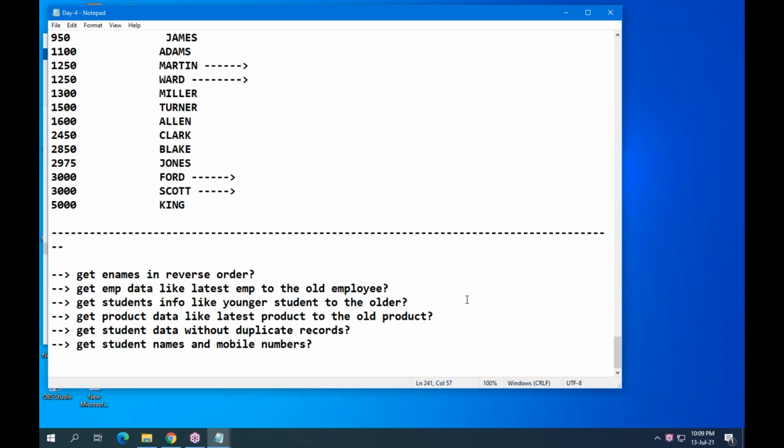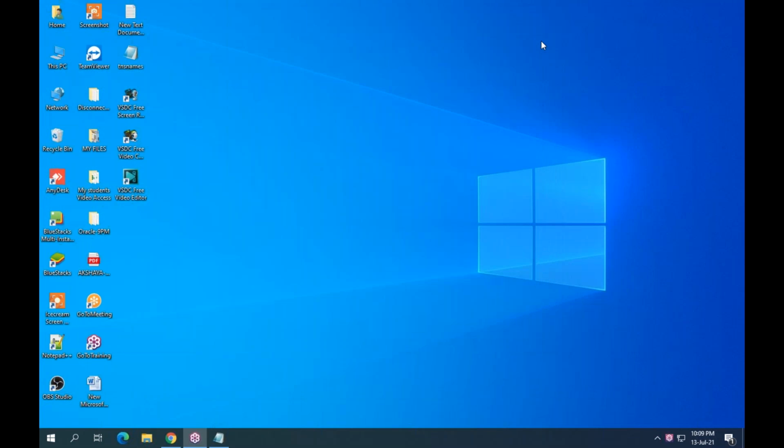Up to what level are you giving that practical knowledge, sir? What level means? What is the meaning of level in your way? Whether you are giving complicated things in procedures and triggers also, sir. You are asking about scratch level to advanced level. Yes, sir. We want only advanced level, sir. Yes, definitely.